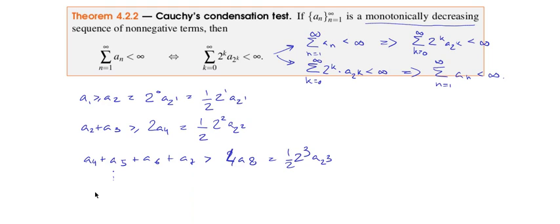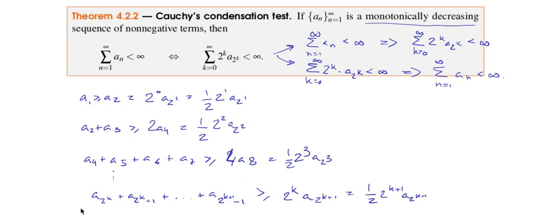And we can keep doing this, and so we have a sub 2^k, and in the sub-index, a_{2^k} + a_{2^k+1} + ... + a_{2^(k+1)-1}, just like before. This is greater than or equal to 2^k a_{2^(k+1)}. And we can rewrite it like this, as 1/2 of 2^(k+1) a_{2^(k+1)}. Now just like before, we can sum all of these terms in the left hand side, all of these terms in the right hand side,